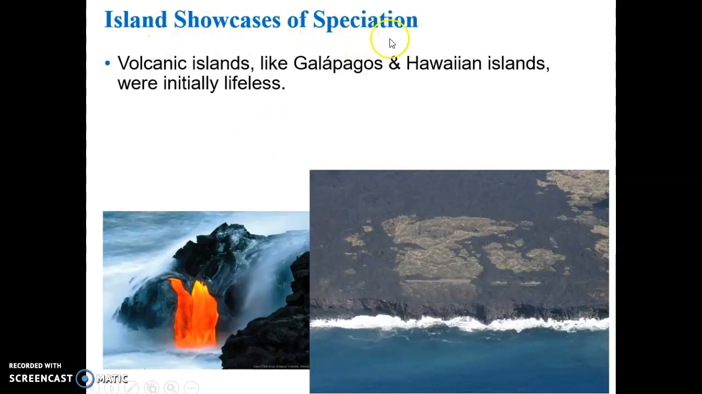And we'll continue about speciation events and how speciation is actually accelerated in places like islands in the next